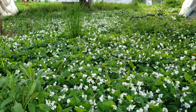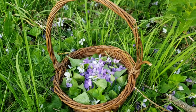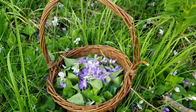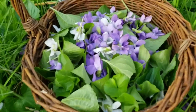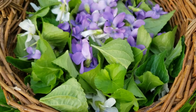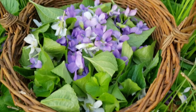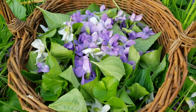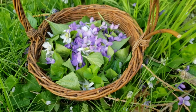This carpet of violet. So here's my basket. It's nice to have a natural material to collect things in. And yeah, I have purple and white, and I have leaves in here. So make sure to get the leaves. The leaves actually have more medicinal actions than the flowers. But yeah, we want to include both of them. And then what you're gonna do,